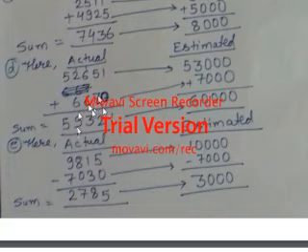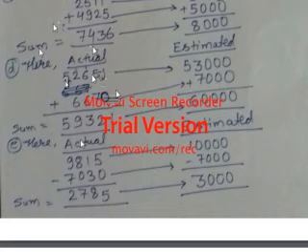In the same way, the last question which I will be explaining today is E. You can see the actual difference and the estimated difference. Here also when we look at both numbers, the highest place value is 1000, so we will round up to thousands. In the top number, 9815, in the hundreds place there is 8, so 1 will be added to the thousands place and it will become 10,000. And below it is 7030, in the hundreds place there is 0, so nothing will be added, and its nearest 1000 will become 7000.